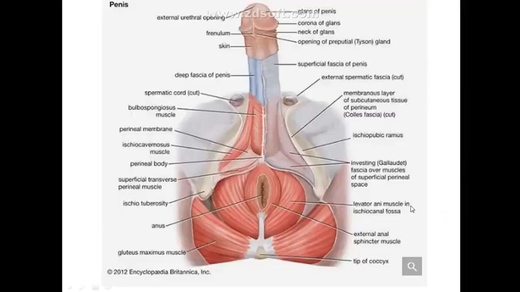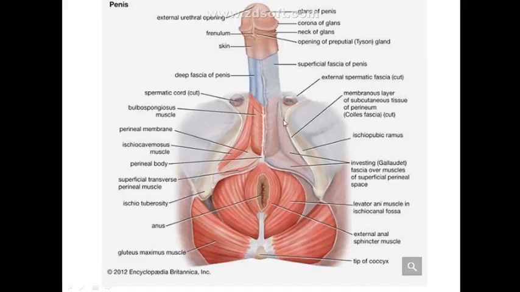The male external genitalia is formed of two parts: a fixed or non-movable part, which is this part, and a free movable part, which is this part. The fixed non-movable part is called the root of the penis, while the free movable part is called the body of the penis,